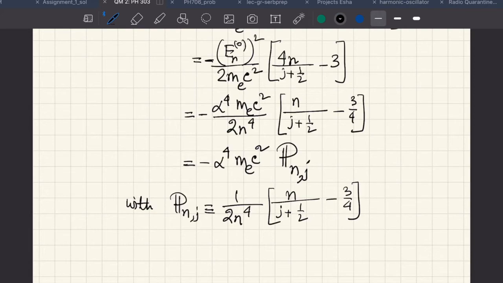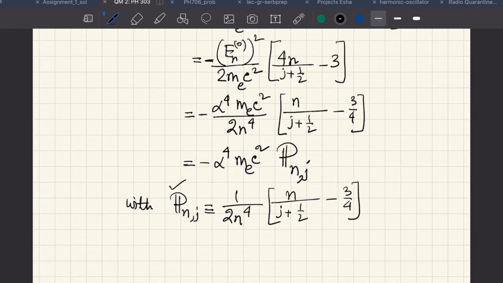Now, to understand the dependence on J and absence of dependence on L in the total energy shifts, it requires the Dirac equation. However, we cannot go into that here at this moment. But what we can do is comment something more. For example, while a large number of degeneracies of H naught has been broken for fixed value of N, multiplets with the same value of J regardless of L remain degenerate. That's one of the important features here, and the states in each J multiplet do not split therefore.